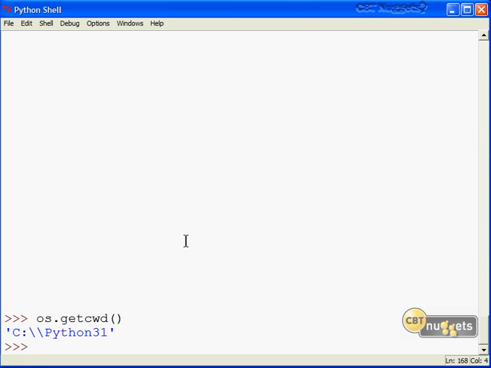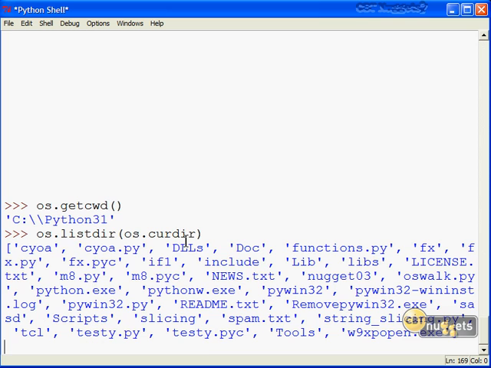As I've already shown you, we can do a directory listing of that location or any location by calling listdir and then passing in a specific path using single or double quotes, or if we had a name defined, like earlier where we used the join function, we could do that. Or actually, check this out. We can call os.curdir, which of course stands for the current directory. So there's the contents of c:\python31 as a simple Python list.